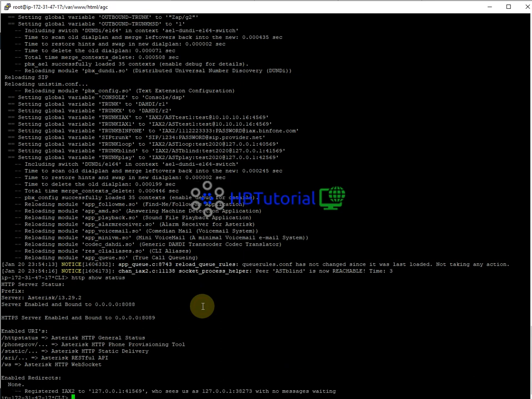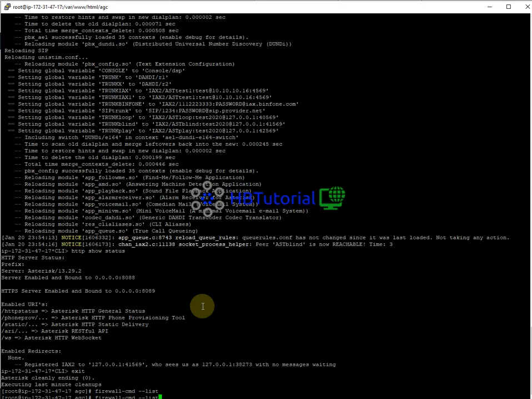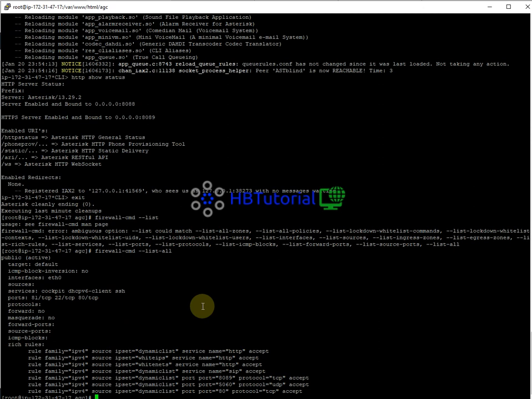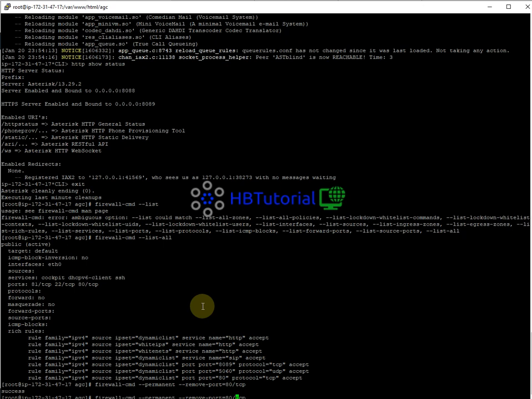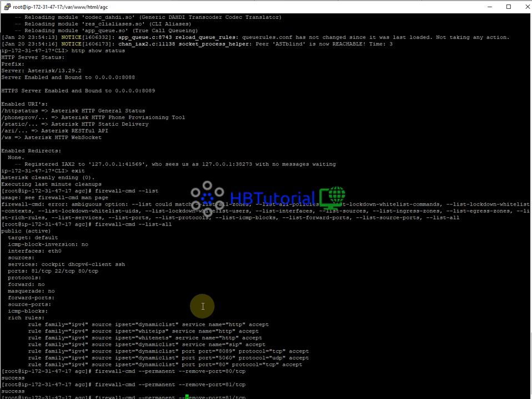Now I need to remove my port on my firewalld. From here I'm going to remove: the command I put is this one, and just put remove. And also port 81. And then I will add only 446. So 446 is for